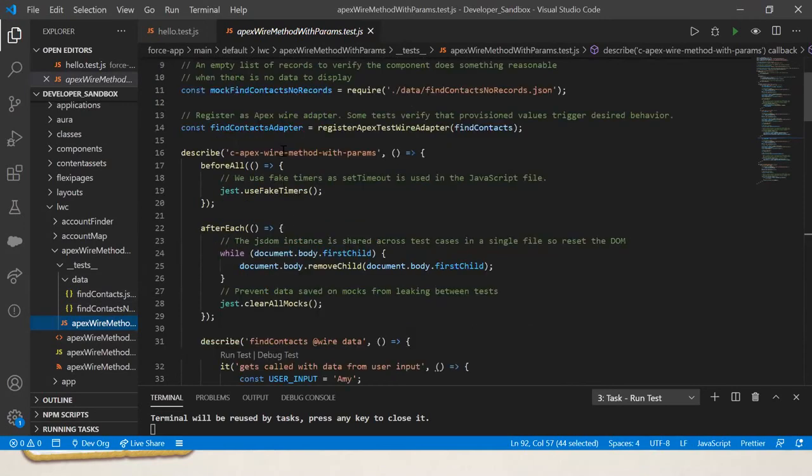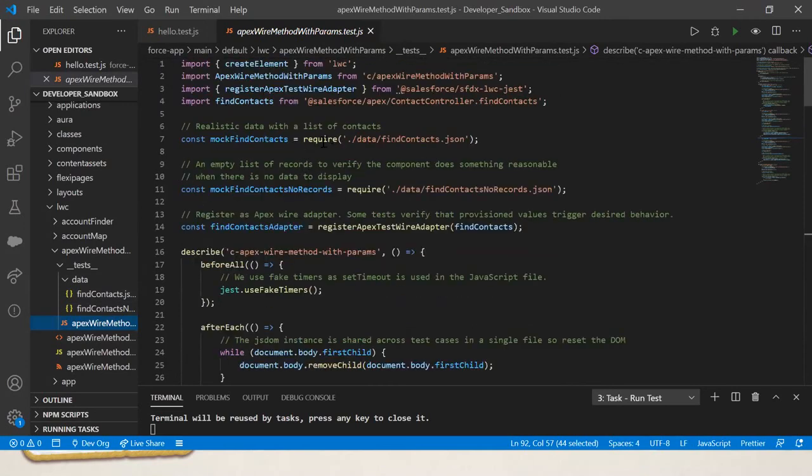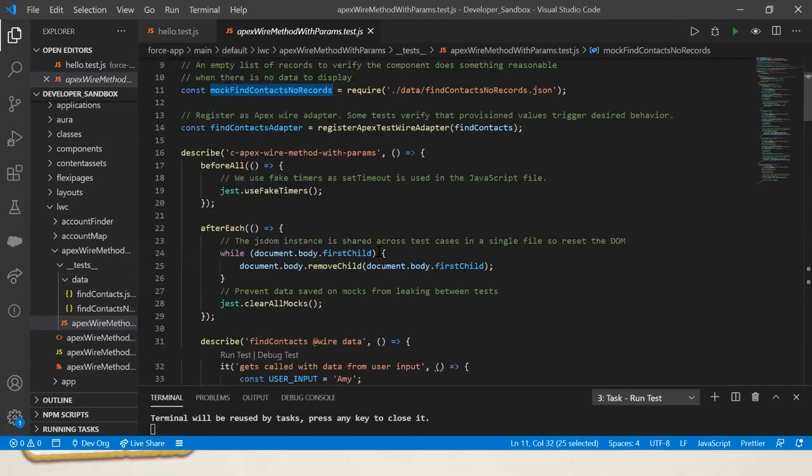Here you see that the require method has been used to pull all the JSON data into your mockFindRecords variable. You can keep that as a constant variable, since we are not going to touch it. We are just going to pass the value into that particular method and assert the expected values.